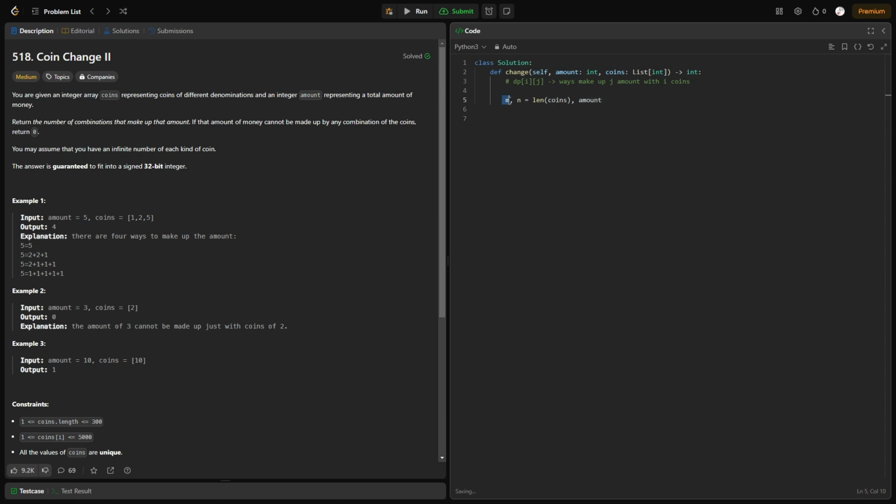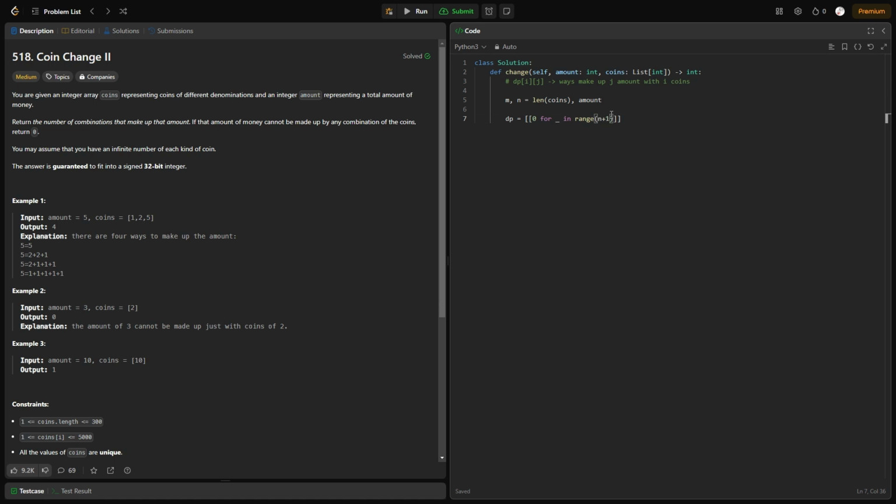So m is the number of rows, and n is the number of columns of DP. Every row, we're going to introduce a new coin to the mix and see how many ways we can make up these amounts. So now, creating DP. DP is going to be a 2D matrix initialized to 0, since we don't know if we can make it up, for nothing in range